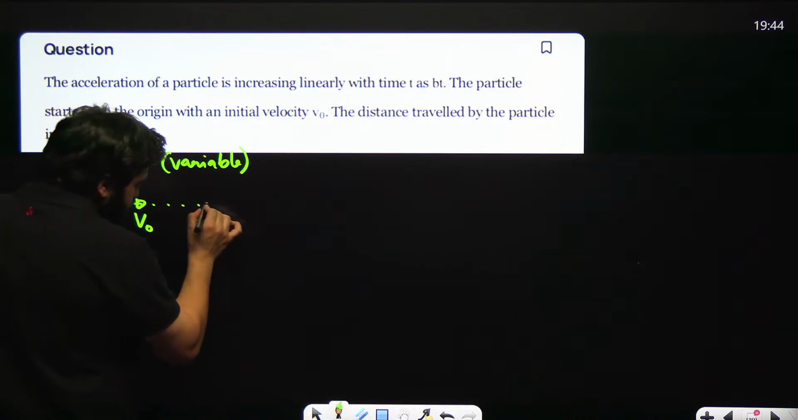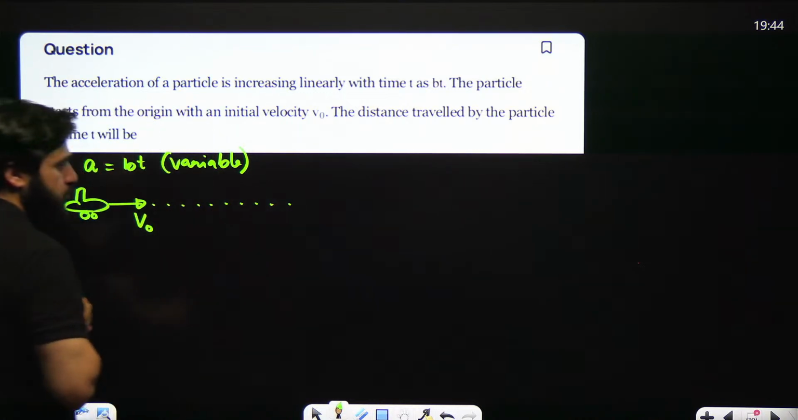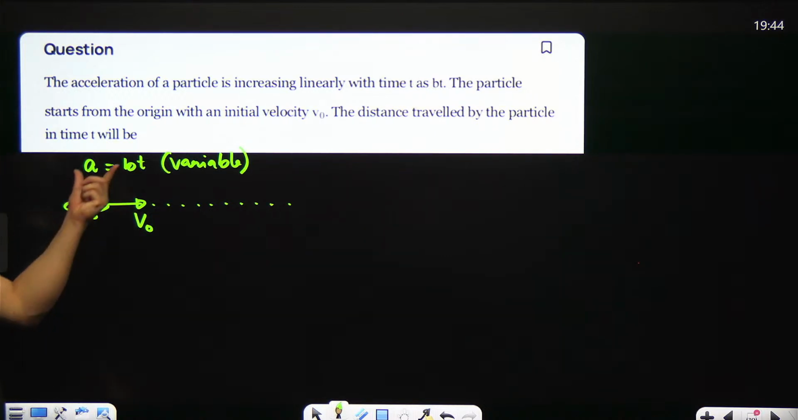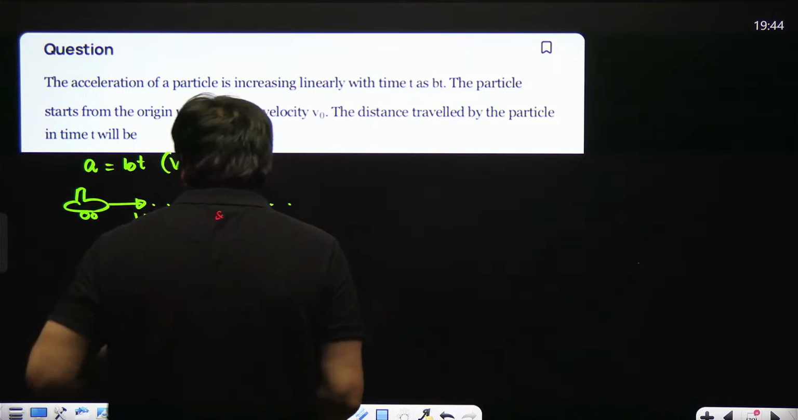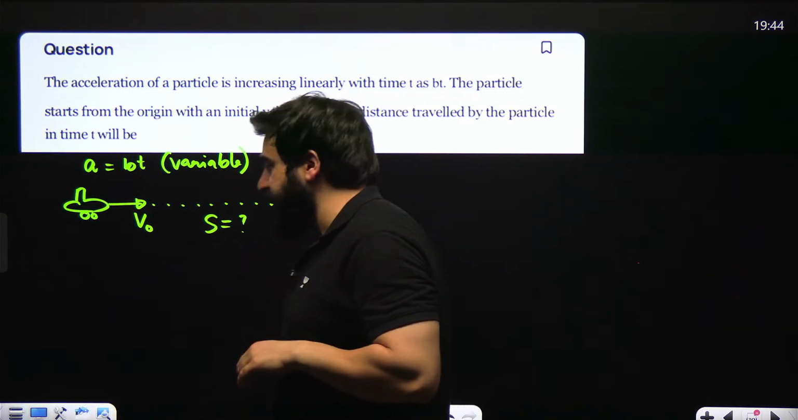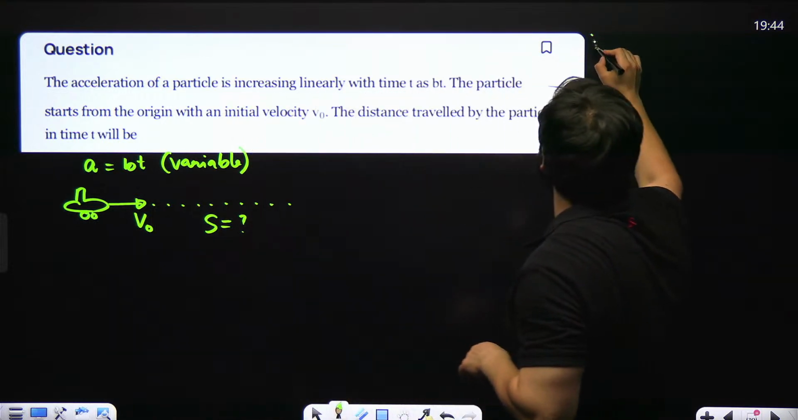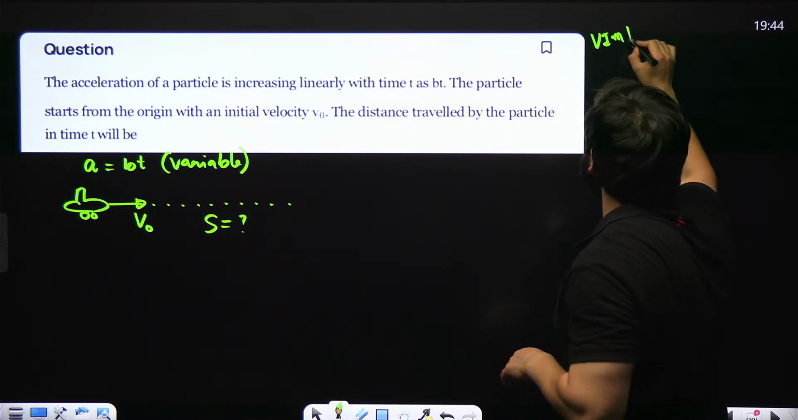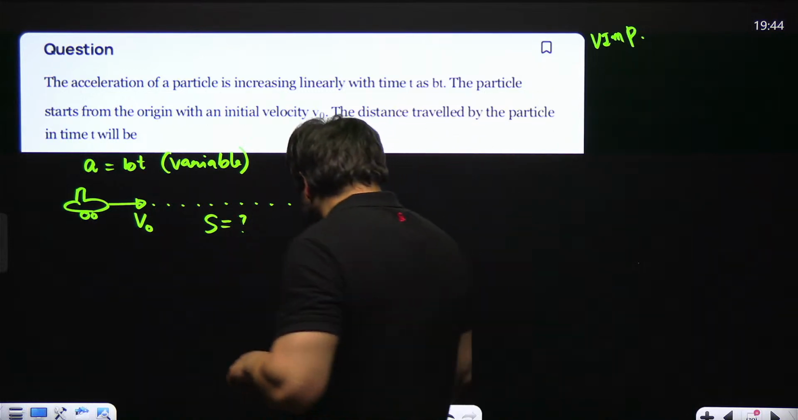And it is moving in this path, let's suppose. And its acceleration is given as b into t. We are supposed to find the displacement traveled by the particle. It's a very good question. Okay, now guys,